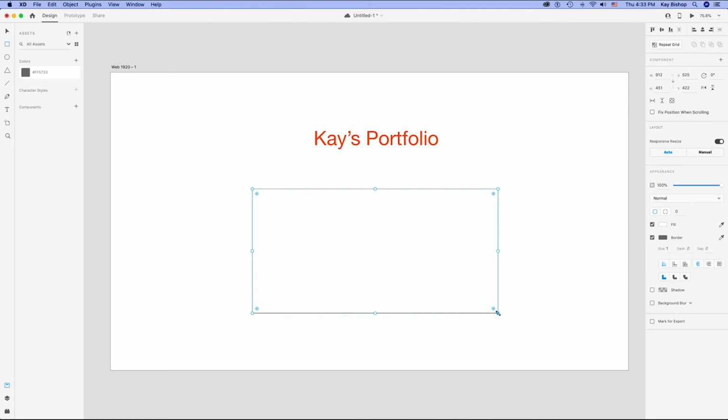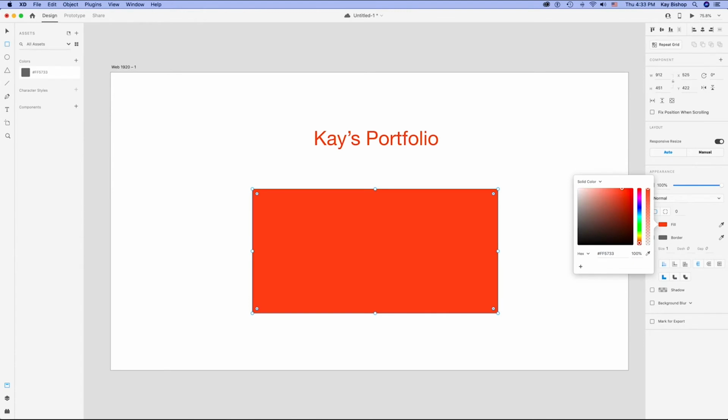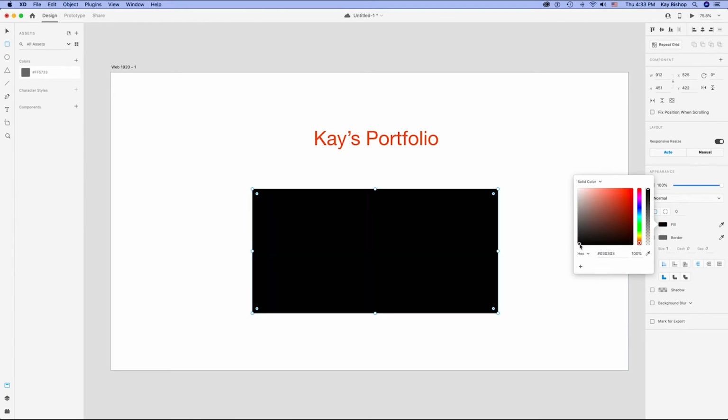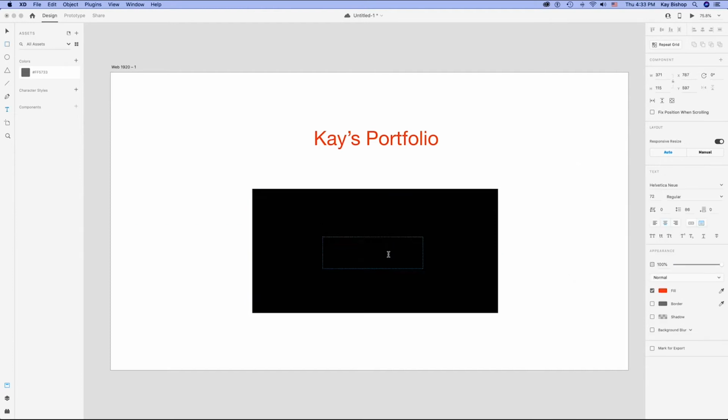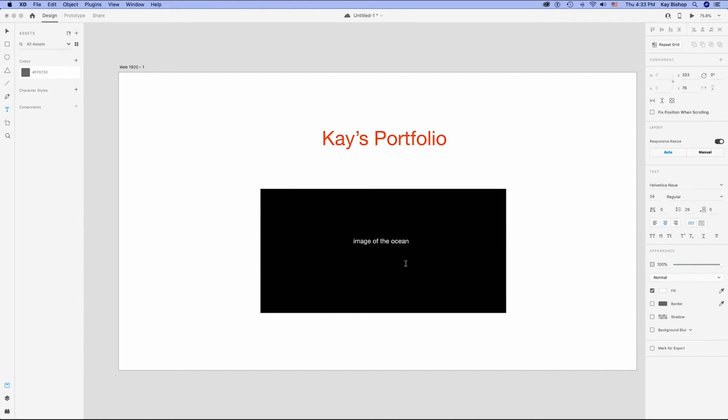So we're just doing some basic wireframing here, and then I may just type in that same hex code, or I can just use a standard black or gray for now. And then I can create some kind of text telling me what is going to go here. So let's say I'm going to put an image of the ocean here or waves. Then I'm just going to make a note of that, and fill that with white. So you don't have to include all the images, just start to note what you think you want to go, let's say, on your landing page or on your home page,